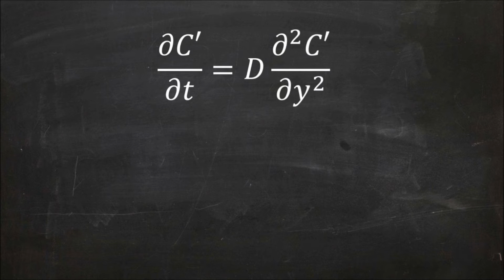If C' is defined as a concentration above a uniform datum value, therefore the partial derivative of C' over the partial derivative of t is equal to D times the second partial derivative of C' over the partial derivative of y squared. So that leads to the boundary conditions that when